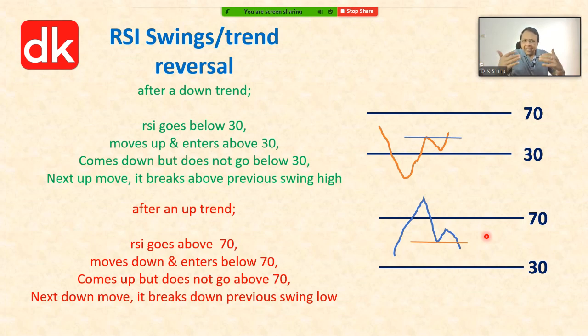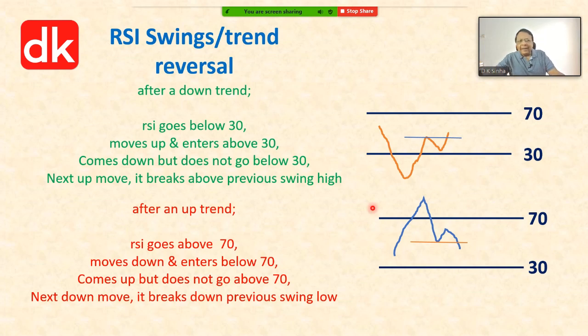So RSI, three uses you have to always keep in mind. After you have completed your price action analysis on the price chart, then look towards RSI and see what is the range of RSI in which it is oscillating. Number two, check the divergence aspect of it. And third, very, very significant to understand, is the swings aspect of it that I have explained just now.